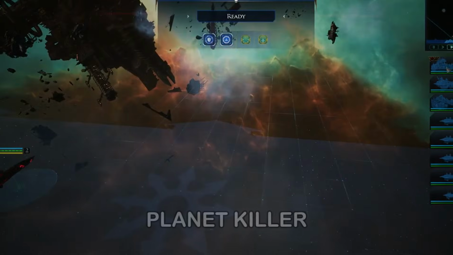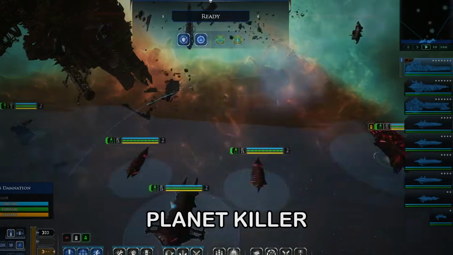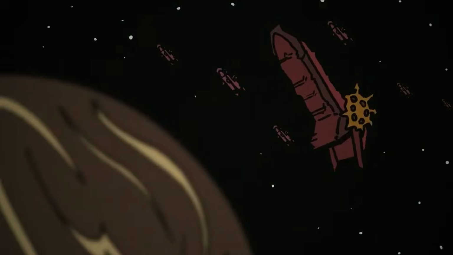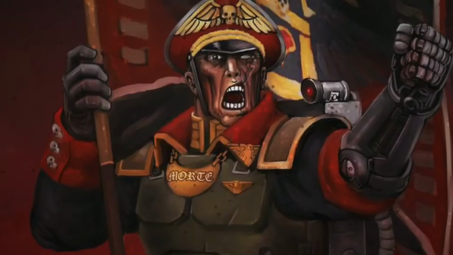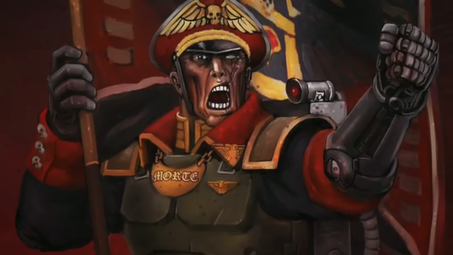Despite the heroic efforts of the defenders and the unexpected aid from Trazyn and the Phalanx, Abaddon had one more devastating card to play. He unleashed the Planet Killer, his personal flagship. This monstrous vessel was a testament to the destructive power of Chaos, its primary weapon capable of annihilating entire worlds. Abaddon directed its devastating firepower towards Cadia, specifically targeting the remaining pylon network.